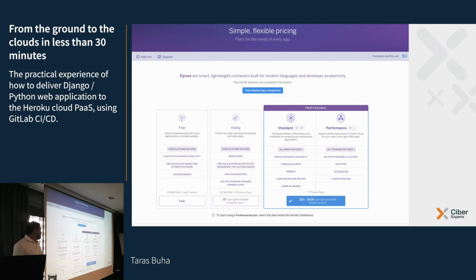Then there's a fixed price hobby plan, which is just $7 per month for the services you get from Heroku, and using this plan you are able to use your custom domain name and SSL certificate. It's already managed automatically,